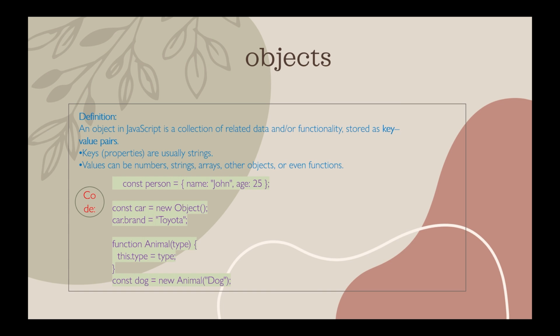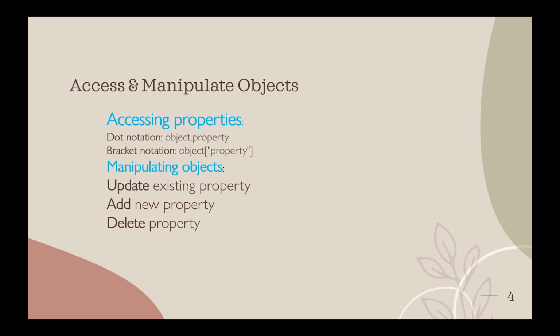And coming to how to access and manipulate objects. Accessing objects is done by the dot notation, object.property, and the bracket notation, object[property]. Manipulating objects, we can update an existing property, we can add new properties, and we can delete properties from the objects. Example code,